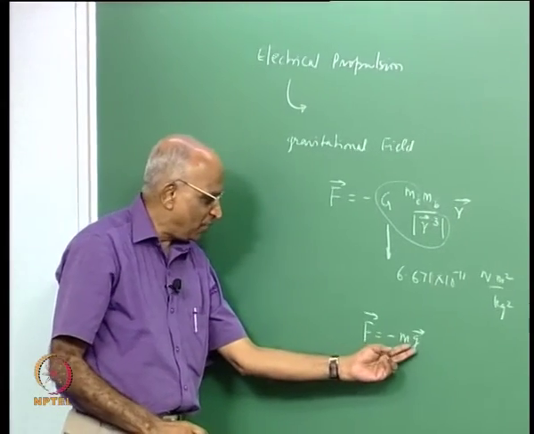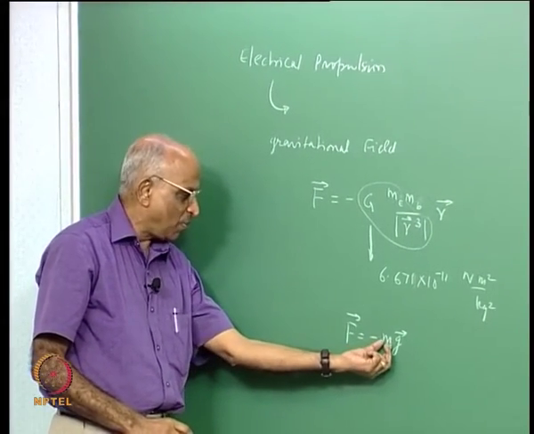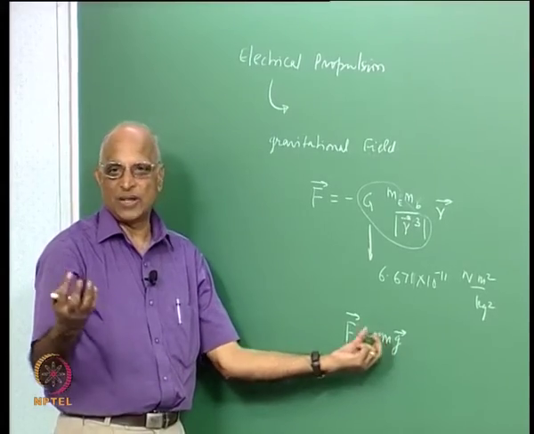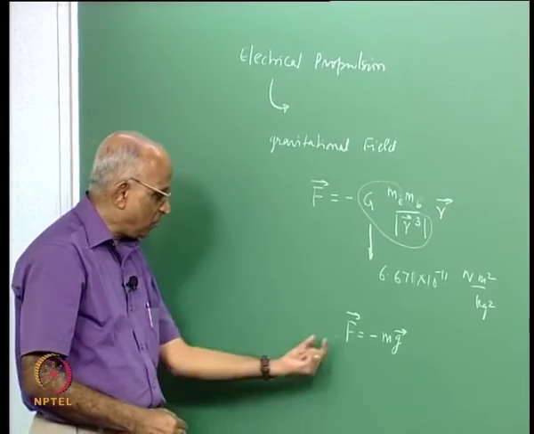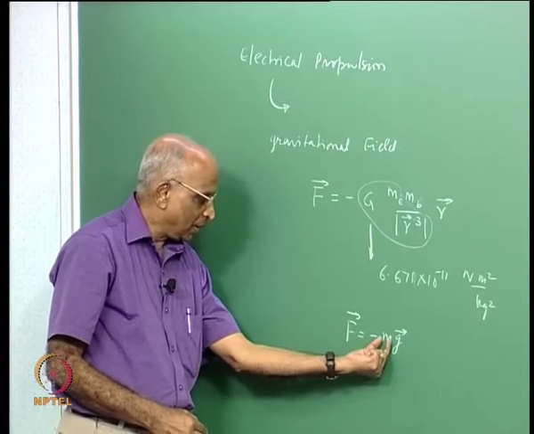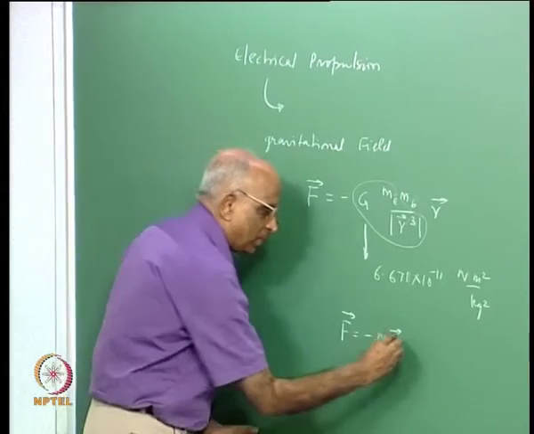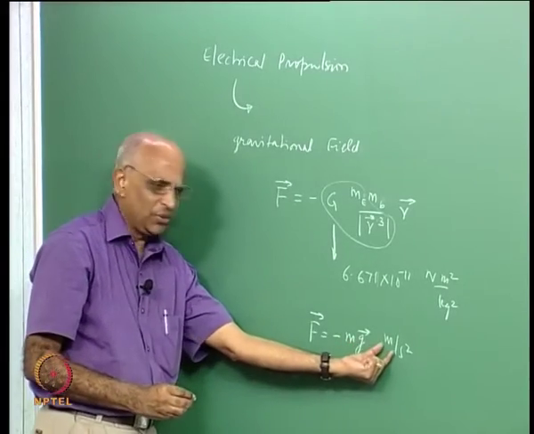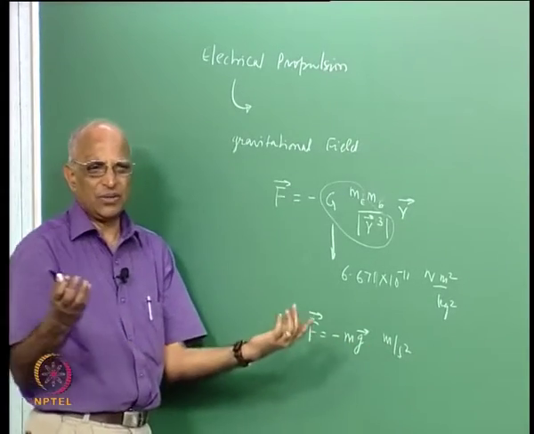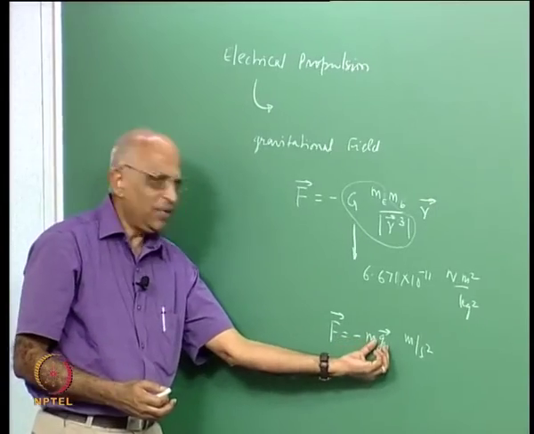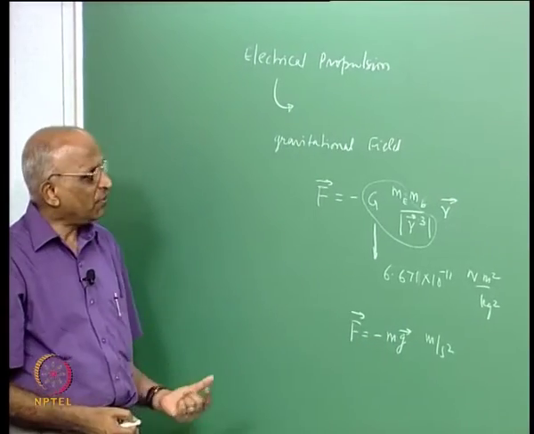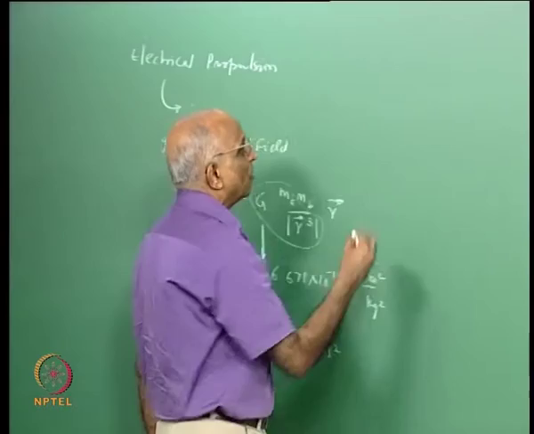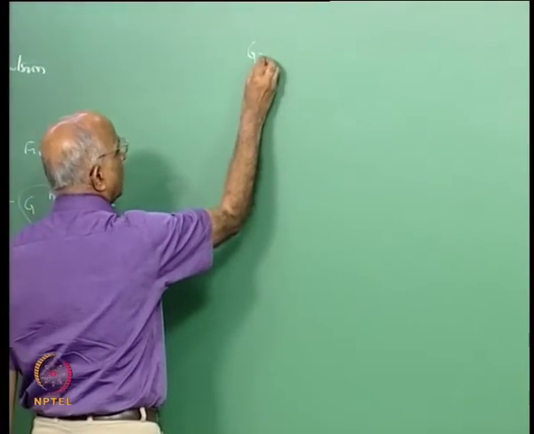Therefore, you see there is a field, a vector field, which attracts the body and gives weight to the mass of the body. In other words, force is in Newton, mass is in kilogram, g was in meter per second square, and therefore it is loosely talked of as acceleration due to gravity, but there is no acceleration involved, it is just a field which is available. Therefore, just like we talk in terms of a gravitational field,